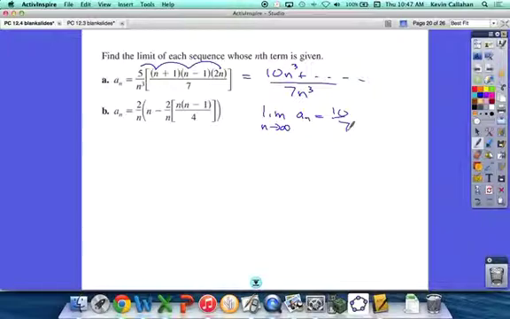Now the next one's a little more complicated, right? Because it's not a rational expression. There are two terms inside of there, so you probably want to simplify it a little bit before you start. I can go like this: let's distribute the 2 over n. That's going to give me a sub n equals 2 over n times n, which is 2. And now the 2 over n times 2 over n is going to give me minus 4 over n squared times bracket, parenthesis,